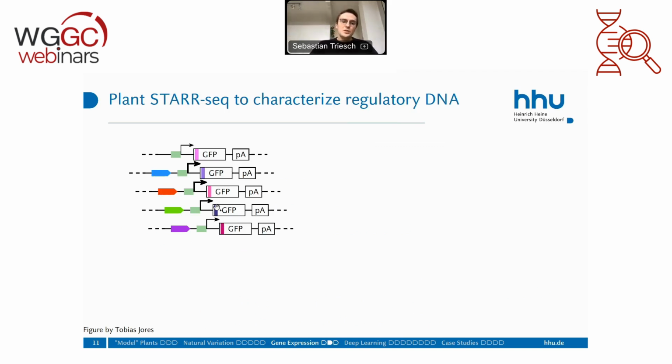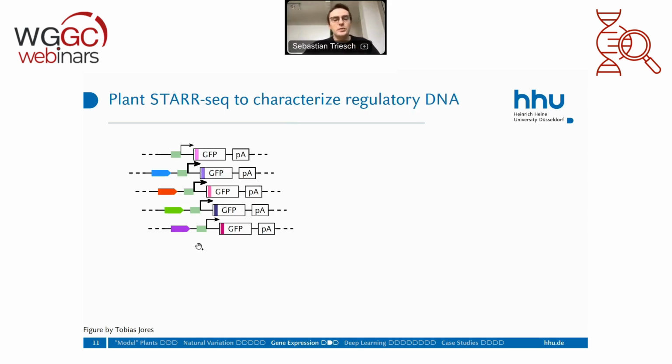And this is because we barcoded this GFP gene. So this little bar here is the barcode. And before we do the experiment, in preparing the library, we link this barcode to one specific enhancer. So we know which barcode corresponds to which enhancer. And then we take this big library, and to talk a little bit about numbers here, we did a screen